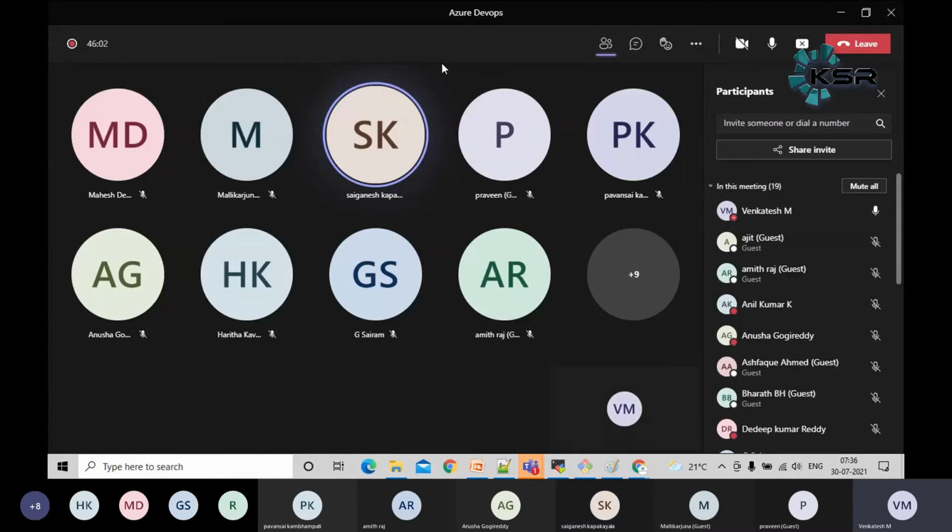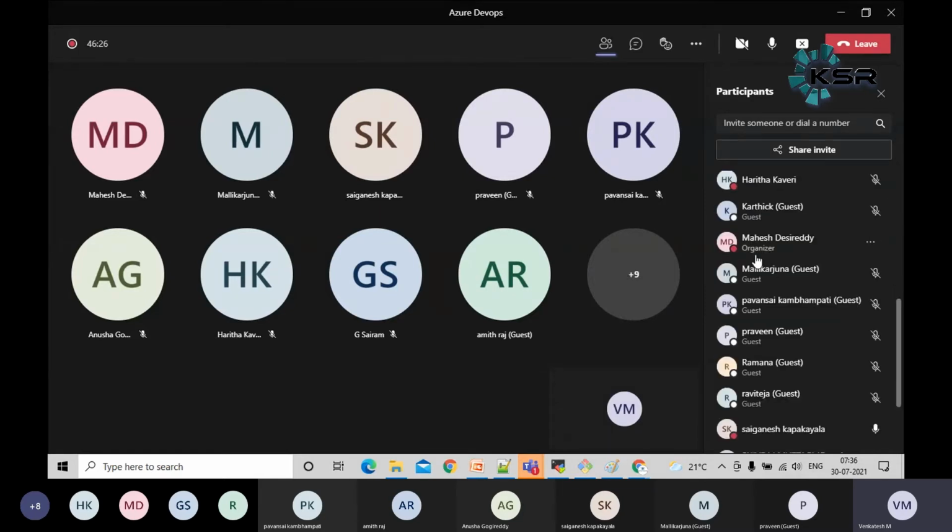Let's try to cover all the people. Ajit, Amit, Anil, can you vote yourselves, Saturday or Sunday, based on your comfort? It won't take much time, guys, one hour maximum. Saturday, sir. Okay, Bharat. I think voting is increased for Saturday.